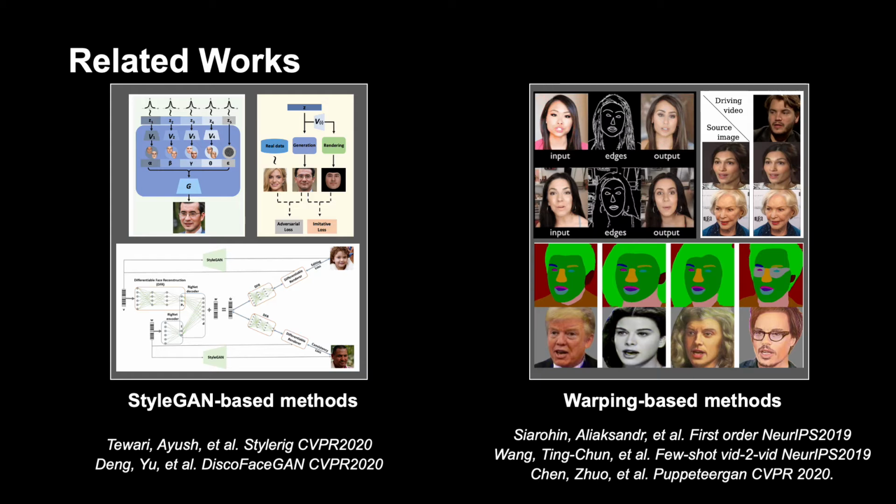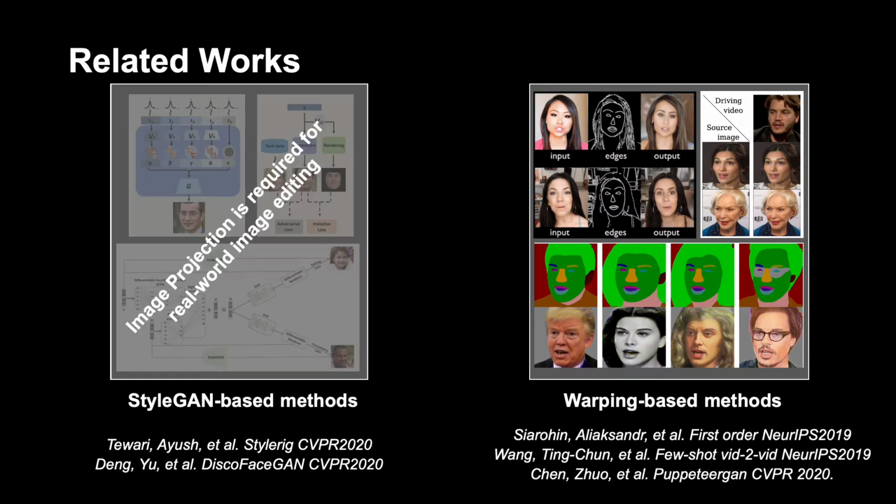Some previous work tried to solve this problem with the StyleGAN-based method. For example, StyleRig describes a method to control StyleGAN via a 3DMM. Mapping functions are trained to transform StyleGAN latent variables according to the provided target motions described by 3DMM coefficients. However, since the methods take the StyleGAN latent variables as inputs, they rely on image projection techniques such as image-to-StyleGAN